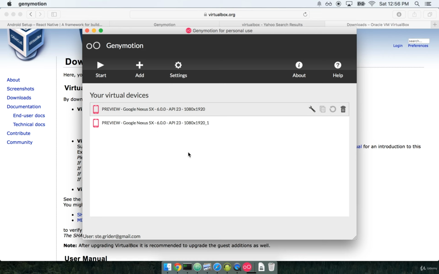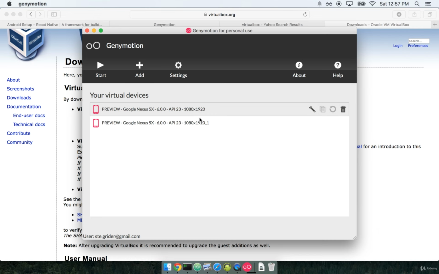So the way that Genymotion works is we set up different emulators or different simulators, right? With Xcode, we only have one simulator ever running at a time, and we can change the type of device that the simulator is, from say an iPhone 5 to an iPhone 6 or a 6S or what have you. In Genymotion, it works somewhat similar. We add different devices, and then we can preview our application on those different devices. So you can see that right now I have two different devices installed. I've got a Google Nexus 5 that's running Android 6 version 23,